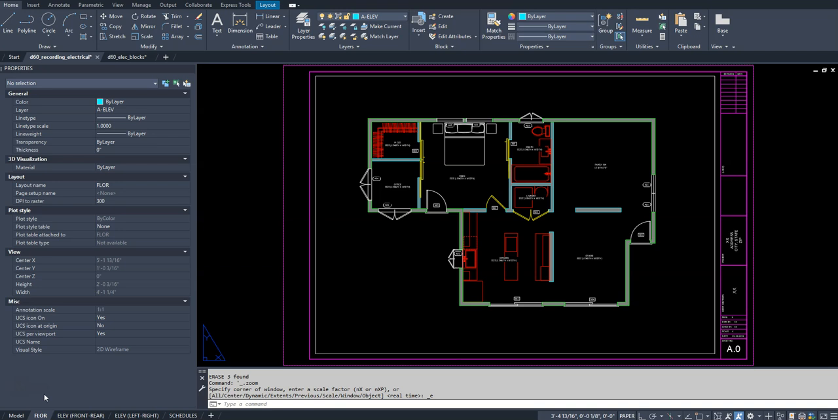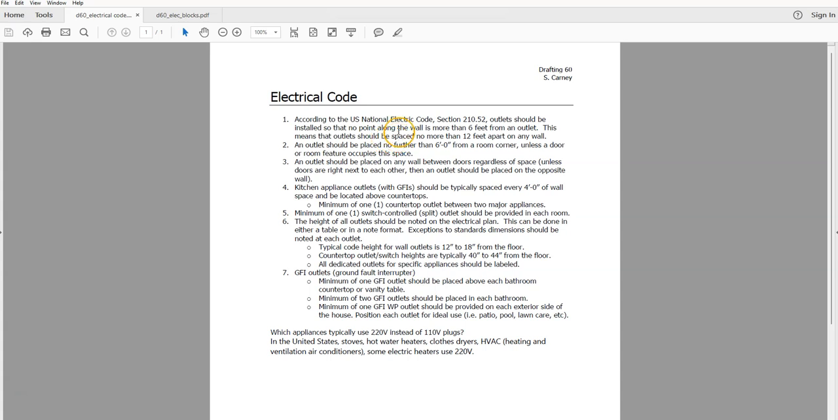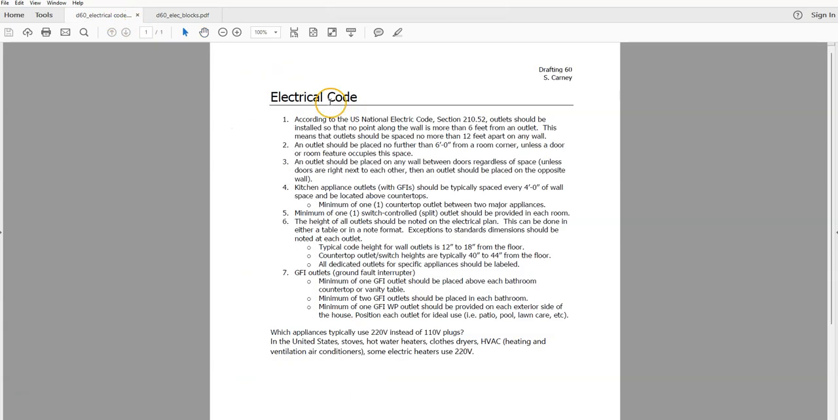This video is to walk you through the steps of incorporating electrical symbols into a new electrical plan. What I recommend first is to ensure that you download various PDFs from the course module. You're going to be looking at what we call the electrical code handout, as well as your electrical blocks handout. The electrical blocks handout defines what each symbol represents, and the electrical code tells you specific dimensions between various symbols